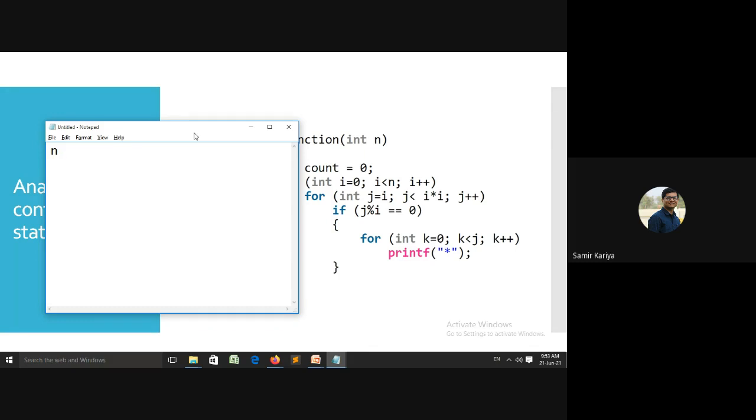So your upper bound, you are simply writing here n raised to 2 because of this i into i. Correct? Every time it's just simply double. If i is equal to 2, then 4, then i is equal to 3, then 9, i is equal to 4, then 16. I hope it is clear up to this one.